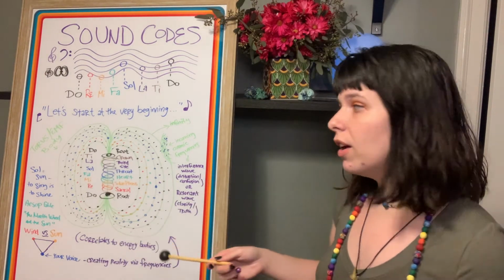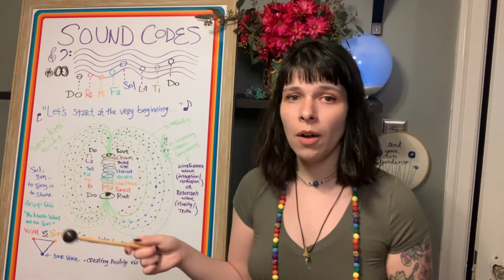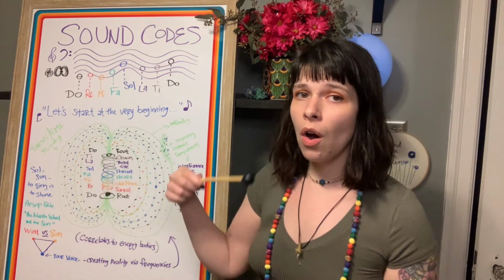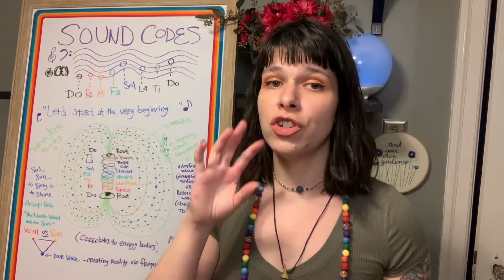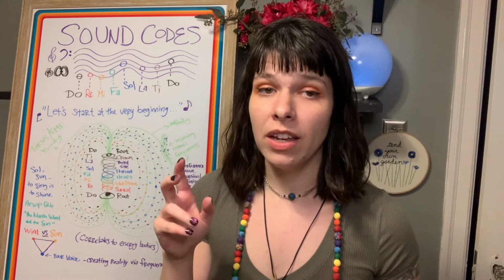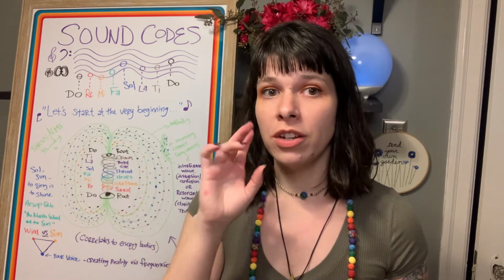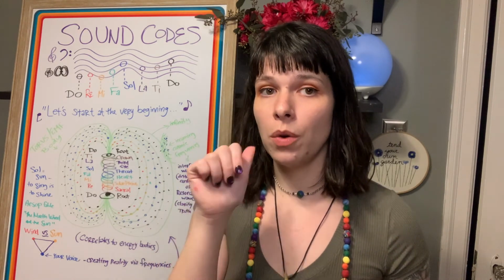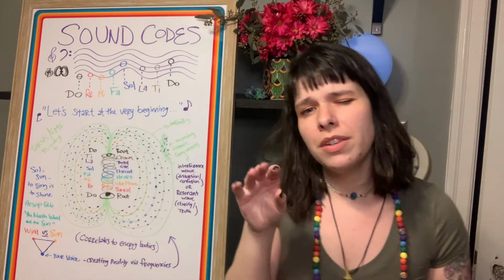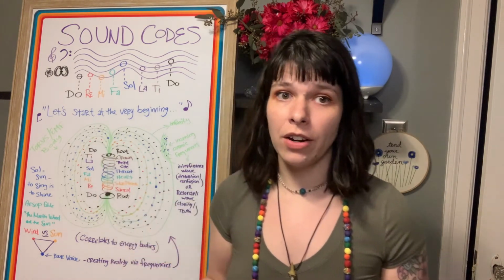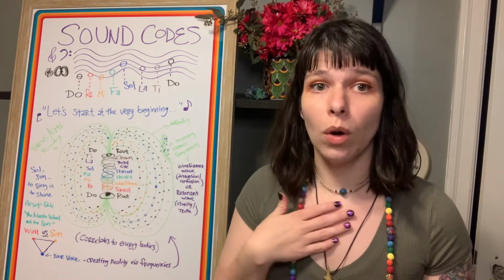Do, re, mi, fa, sol. Try different vowels as well. All different vowels will change the tone completely. So A, E, I, O, U, change it, use it when you're toning these, and you can get completely different nuances in there so that maybe you need a specific nuance for whatever specific energy you're trying to create or work with.